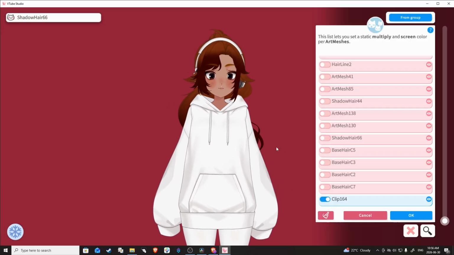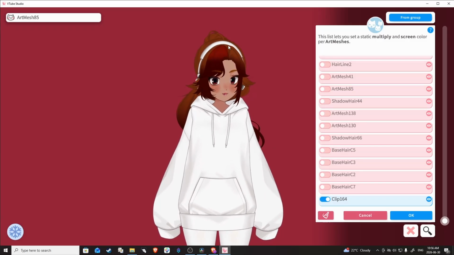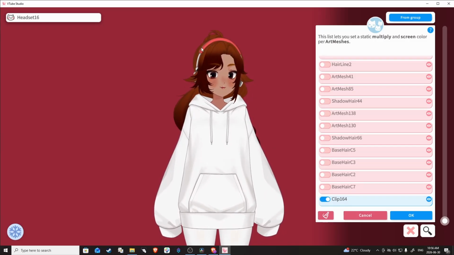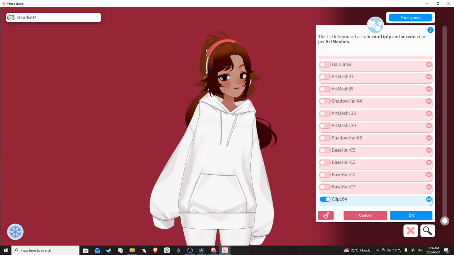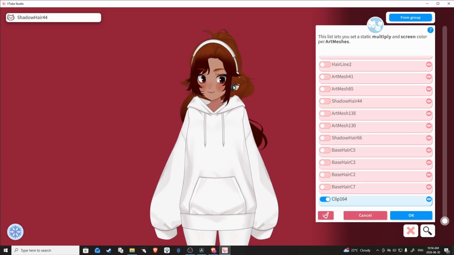So there we go. So we got rid of the hair clips, and now we can actually start changing the colors around. Downside is you gotta angle the character's head to actually get